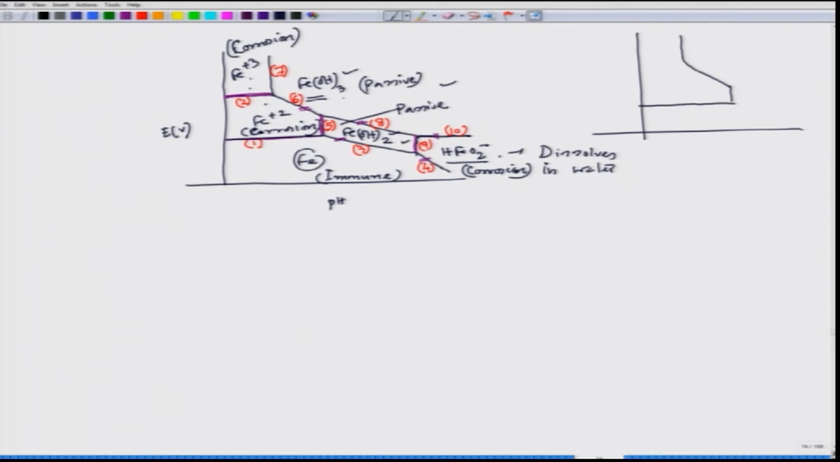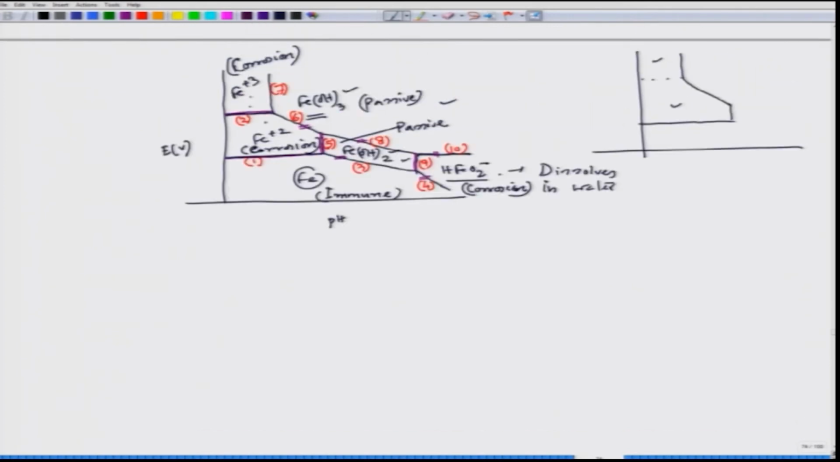Okay, so both the zones, this zone and this zone, both the zones are corrosion, and then here we have this one, and then this is passive, this is corrosion, immune and corrosion. So, this is a typical diagram. Some books might look like this type,